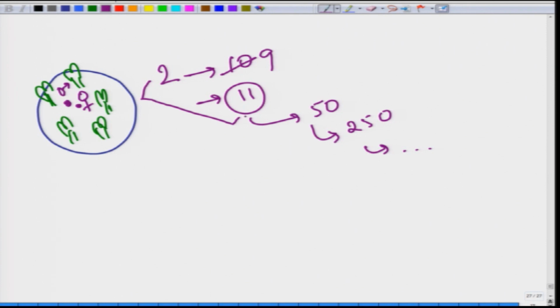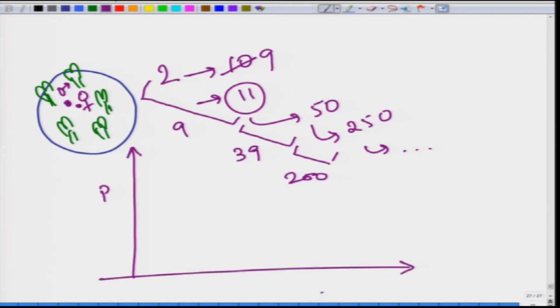So from 2 it became 11. So there was an addition of 9 individuals, but then in the second stage in place of 11 it is becoming 50. So you are adding 39 individuals. In the third stage you are adding 200 individuals. So if we plot the population size